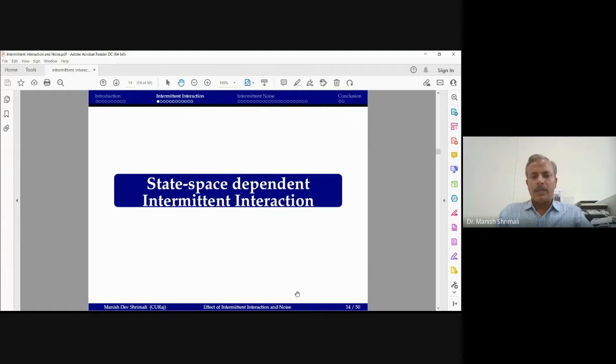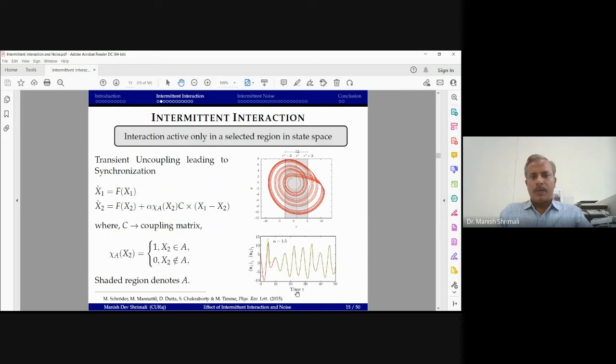Whenever you consider an interaction which is time dependent, it can be considered in two different ways. One is switching interaction on and off, or going from one form of interaction to another form. Now I will focus on the state space dependent intermittent interaction. And what I mean by state space dependent interaction is that